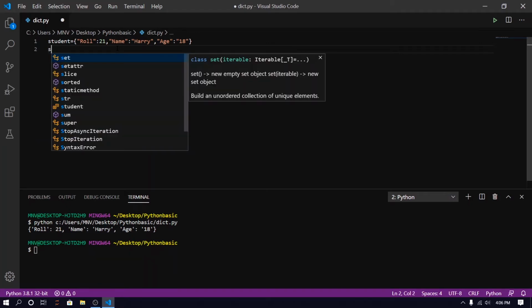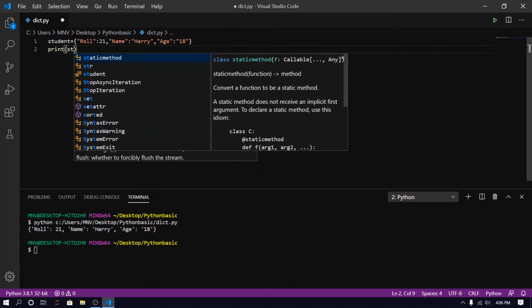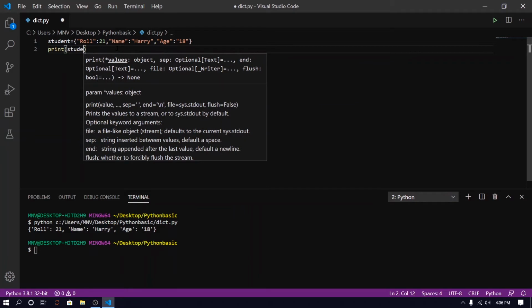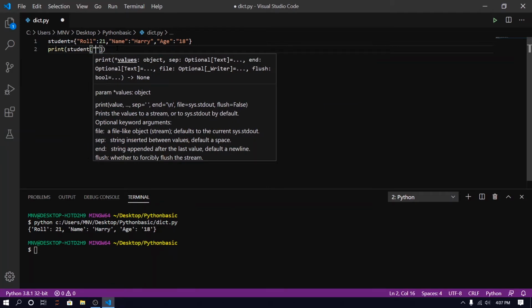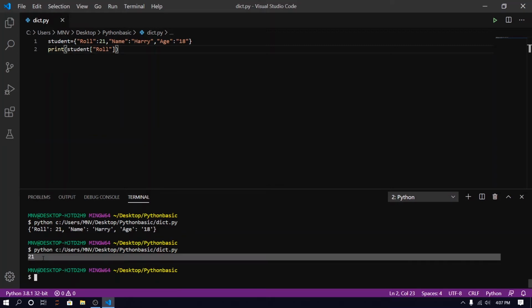I just call student and pass the roll number. You can see that it is giving me the roll number of the student.